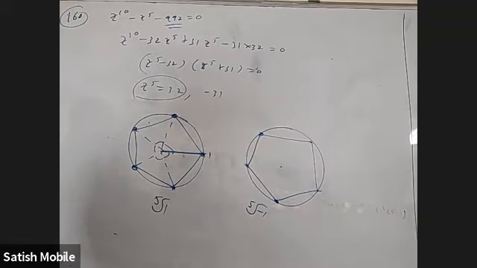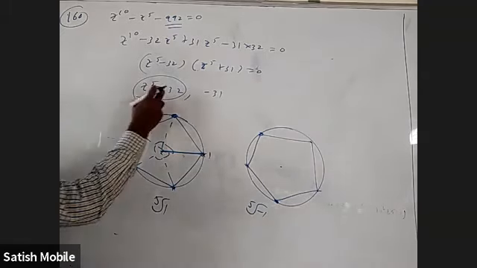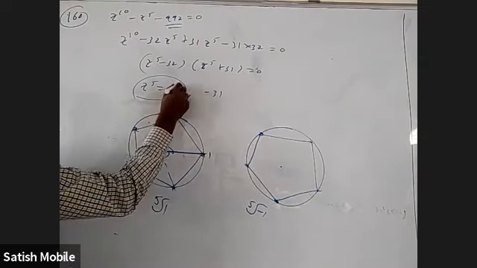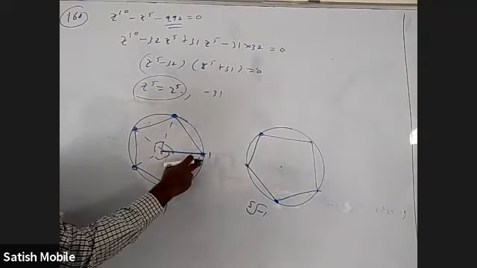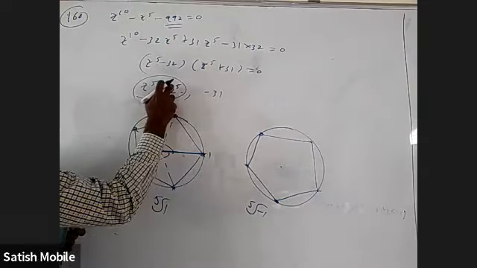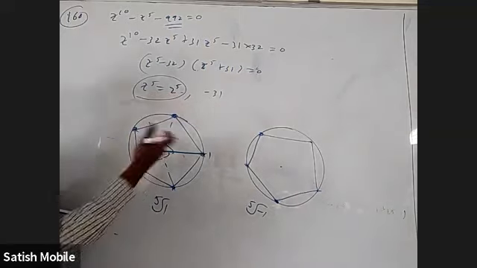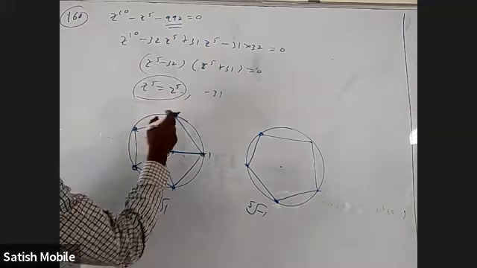I don't have to find them. If you want to tell them, I will tell you what they are. This is actually 2 power 5. I can write 32. This is 2. Here I wrote 1, but that is when I take equal to 1 here. What I showed in the figure is fifth roots of unity. If you want fifth roots of 32, just multiply with 2. That's all. So this is 2.